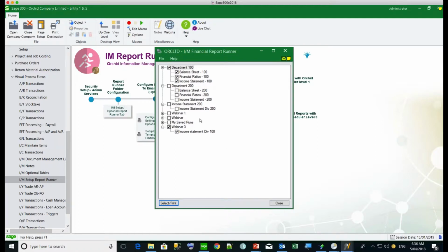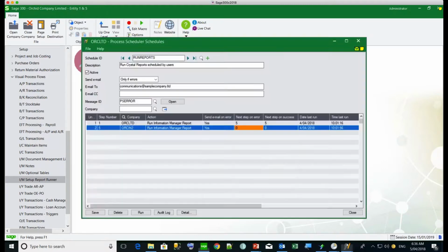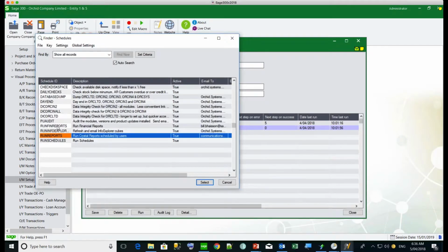So that makes it easier to run these every time you have a month end, or if you want to run your reports for a particular division automatically by just clicking one button, run all your reports and come and look at them all in one go. Now, if you want to schedule this to run automatically and run across multiple companies, you would use Process Scheduler Level 3. So we'll look at this one and look at the one that's been set up in there,